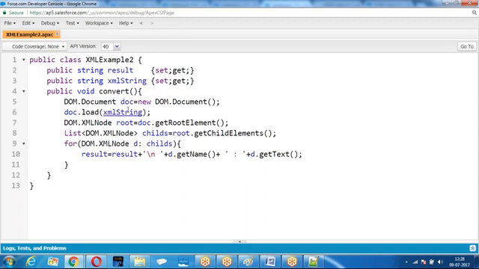So for these, any difficulty at this level? Right? We got a root element, child elements of the root. One by one child element I have taken, and I am getting the name of the element, getting the text of the element. Any query for anyone? Clear for everyone? Now, let us go to the next.